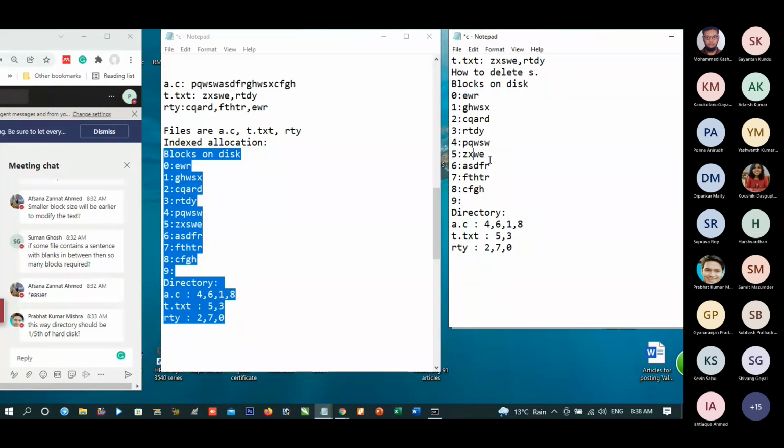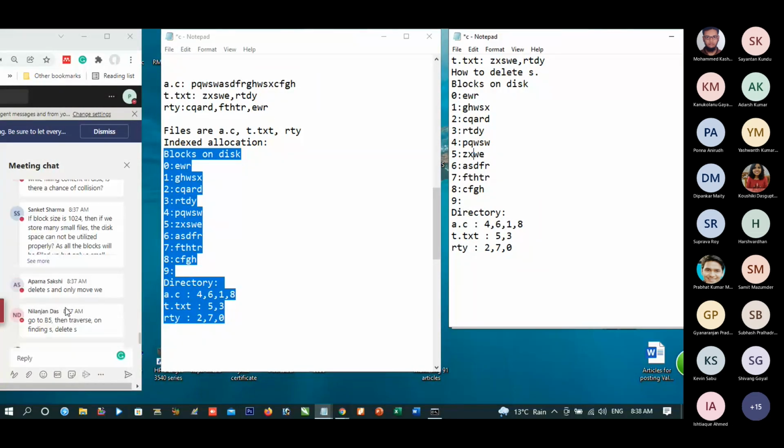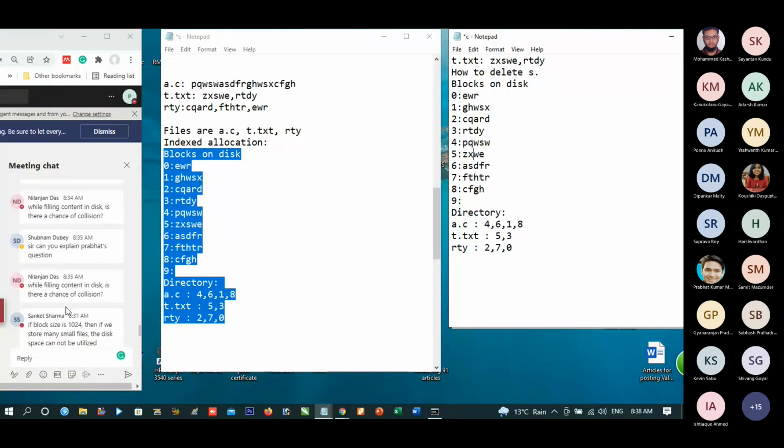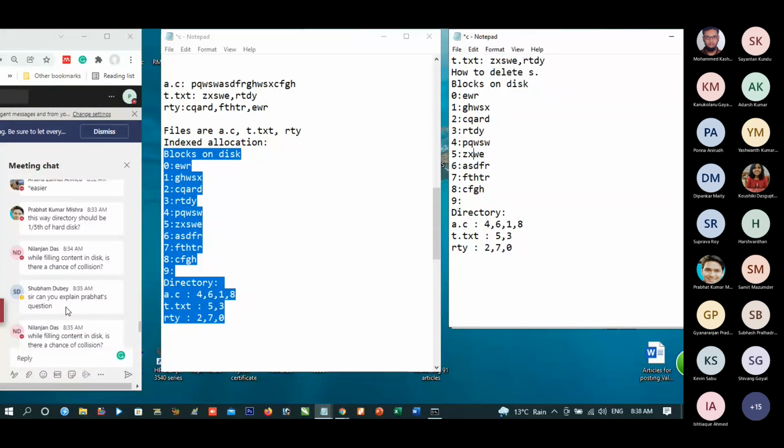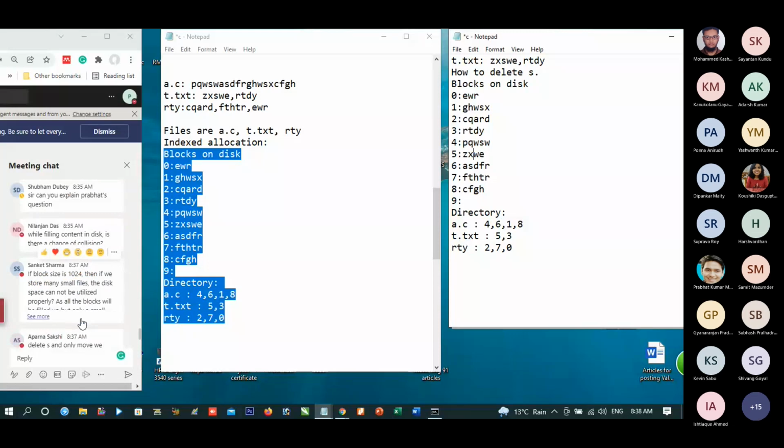Sir, can you scroll down? How is there a chance of collision? I cannot understand, Nilanjan. What is Prabhat's question? This way the directory should be 1/5 of the hard disk. Fully correct, Shubham. Yes. So how is there a chance of collision?